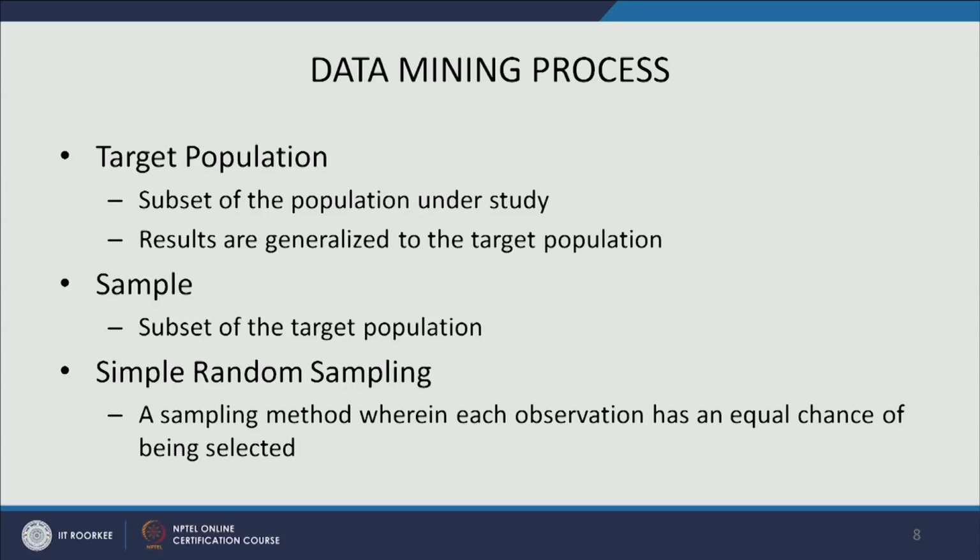Now results, whenever we study a particular target population, it is generally understood that results are going to be generalized to the same target population. Now when we do an analysis, we don't gather all the data coming from the target population. We take a sample of it. The reasons are, as we have discussed or indicated before, cost related problems. We cannot actually go about collecting data from the whole population because it is going to be a very costly